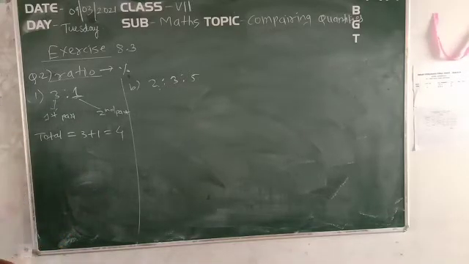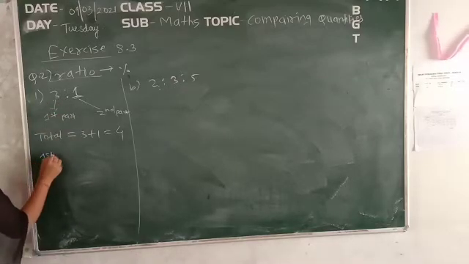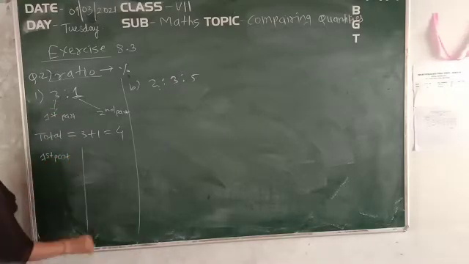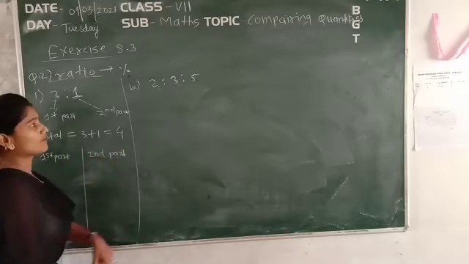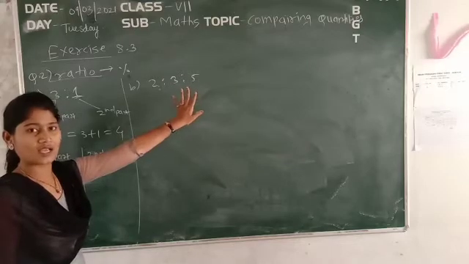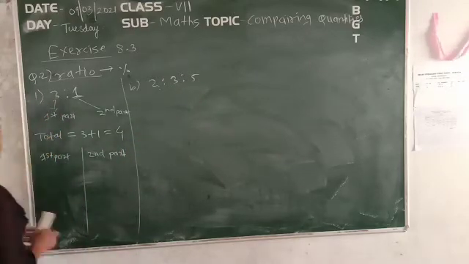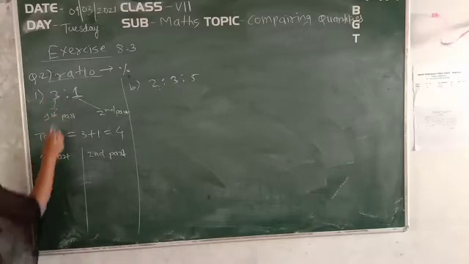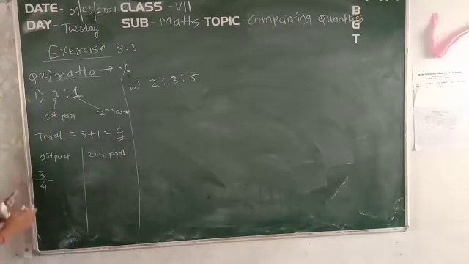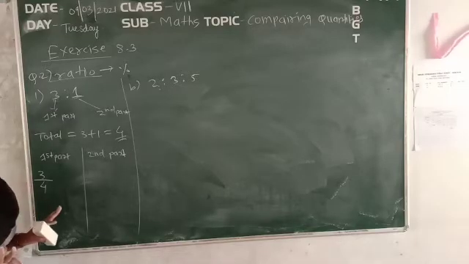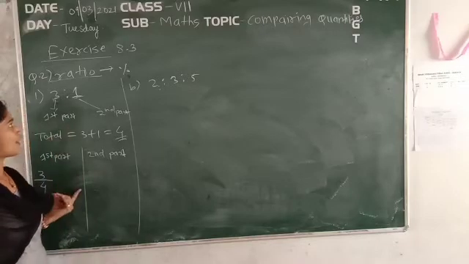Okay, so see, write it down like this. For the first part we will solve here, and here just make the second part. Okay, for this 3 also you have 3 parts. Just solve it part-wise so that you will understand it better. Okay, so the first part is 3. So 3 upon the total, which is 4. So 3 by 4. Now we got the fraction. Once we have the fraction, it's very easy to find its percentage. Okay, so we have found the fractions.